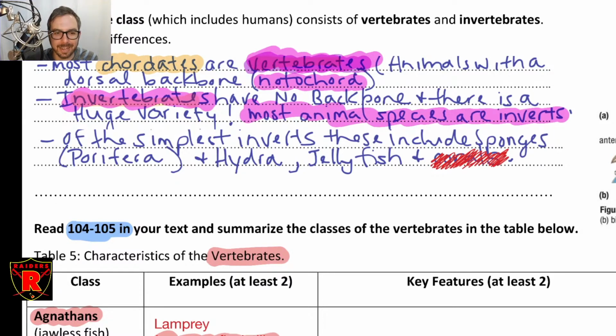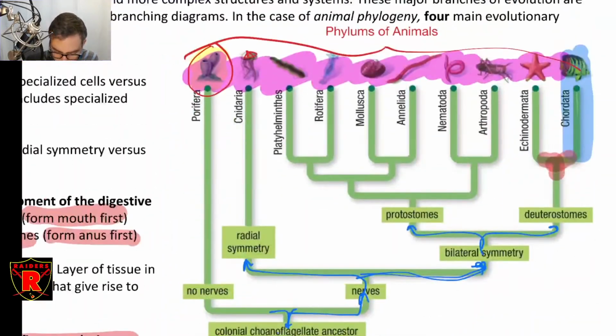We just talked about the various groups here, but the simplest ones are sponges. They have only one tissue. But Porifera are also fairly simple. Porifera are sea sponges, and hydra and jellyfish are both cnidarians. They're also relatively simple. So they would be on the real simple end, and the far end the other way is where you would find the most complex organisms. They're pretty much organized that way here.